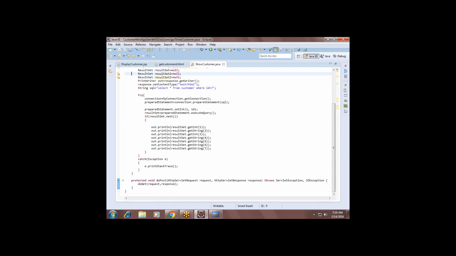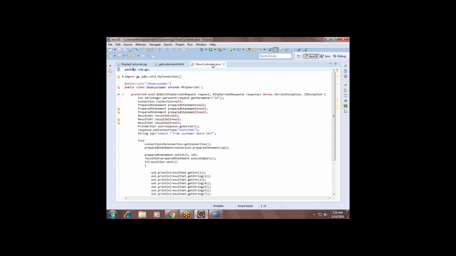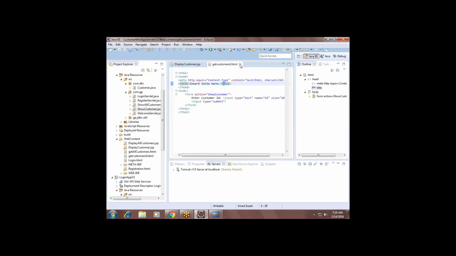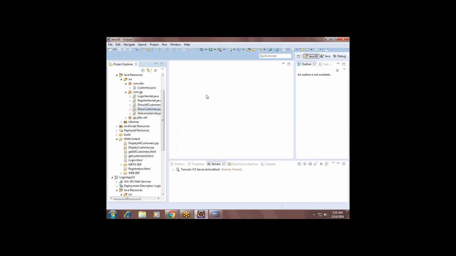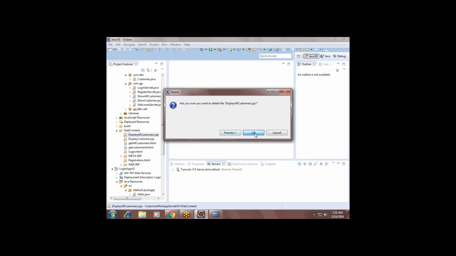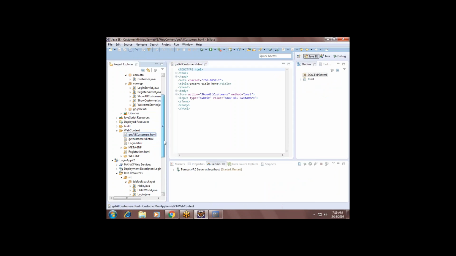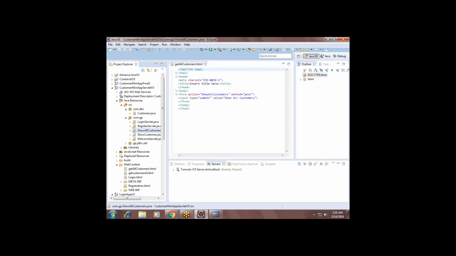Yes. For multiple customers, you have to do it in a different way. Display all JSP, customer.jsp, get all customers, and you will call show all customers.